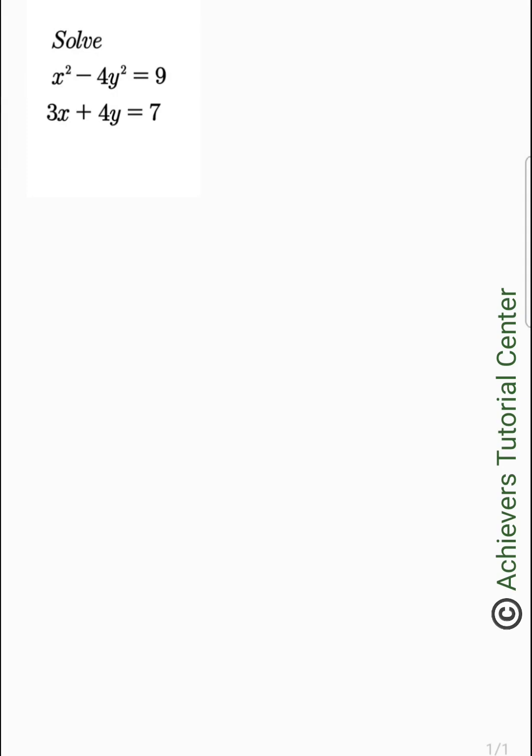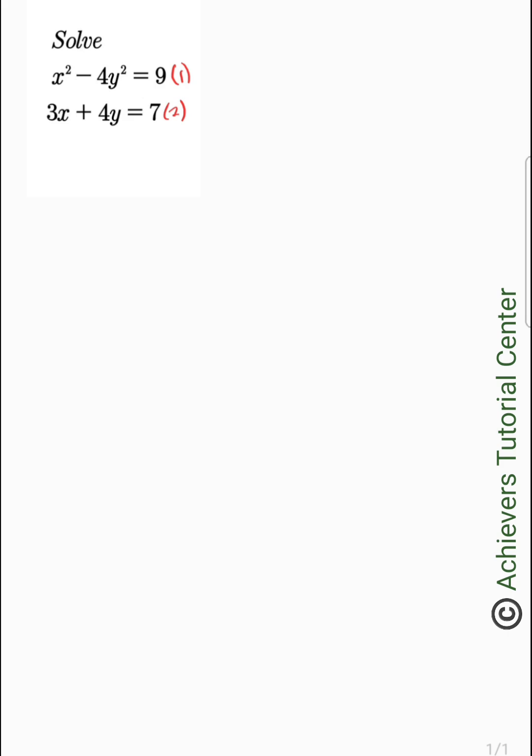Today we are going to be solving this simultaneous equation. We have x squared minus 4y squared equals 9, and we also have 3x plus 4y equals 7. So what I like to do in this situation, let's call this equation 1, and let's call this